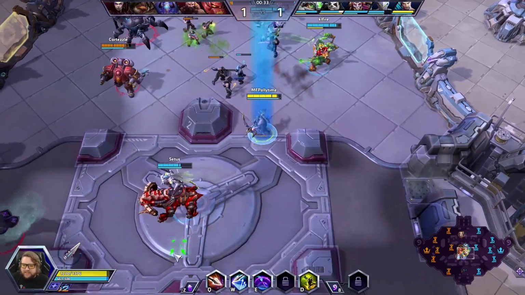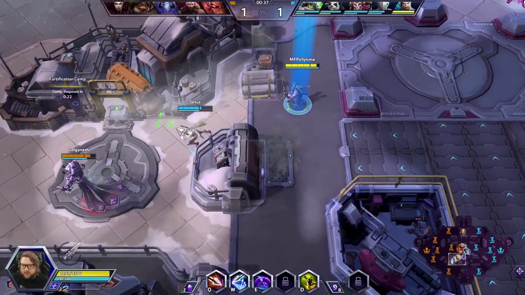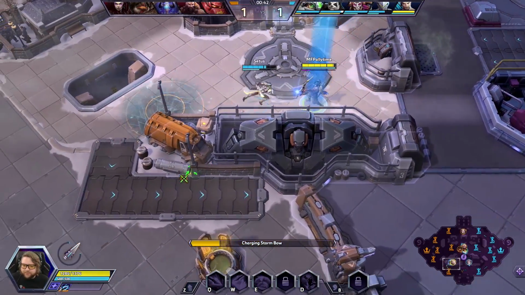Our W ability is the Scatter Arrow, and this is one of the more difficult abilities in the whole game. Really, really hard to use properly. I want to get in here and help with this, but he's so far. I mean,